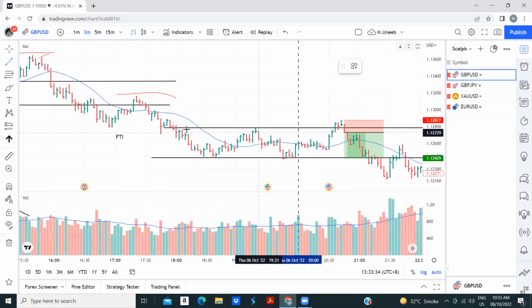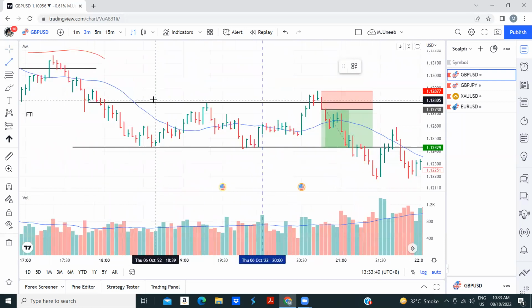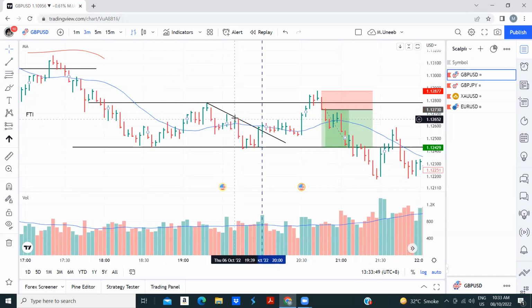This is the macro structure, the major structure. This is the minor structure, which, okay, what is the minor structure? The minor structure is a structure that occurs within the major structure. For example, this one. Got it? Now, if you draw this like this, and if you have this kind of